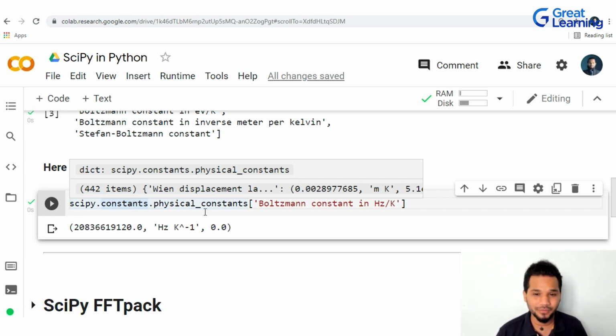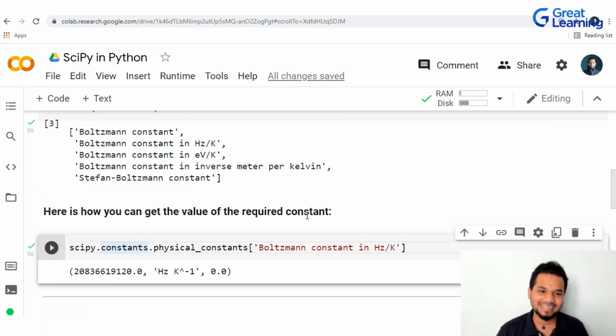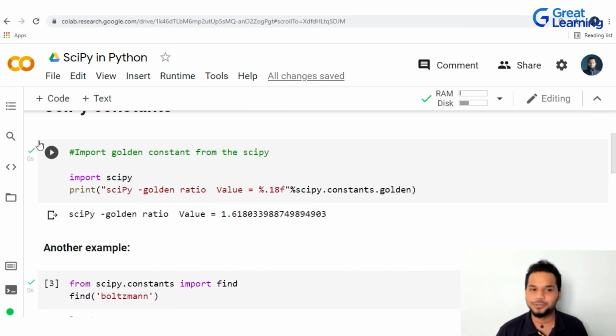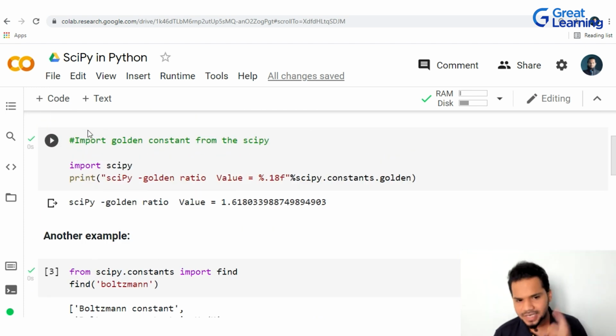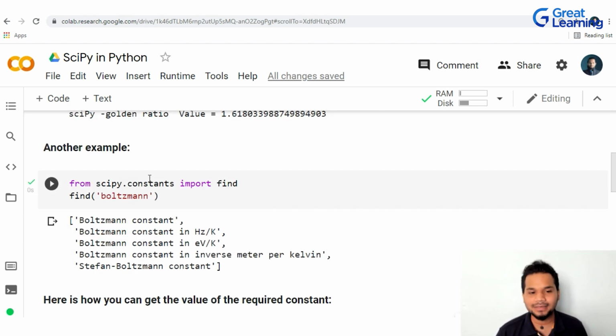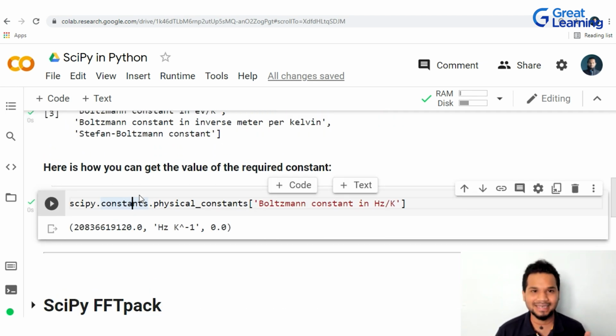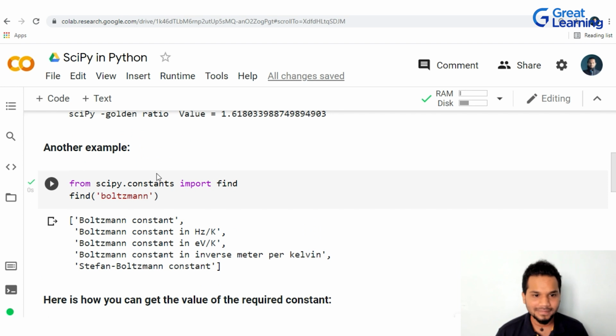It'll tell you it has 444 physical constants, right? Just like Boltzmann, you can pick up all the constants that I just showed you, speed of light and all of that, and you can have some fun with it. Right now, I want you guys to get your hands slightly dirty, and since it's just 2-3 lines of code, right? Overall, the entire thing is 3 lines of code. 1, 2, 3. That's it, right?